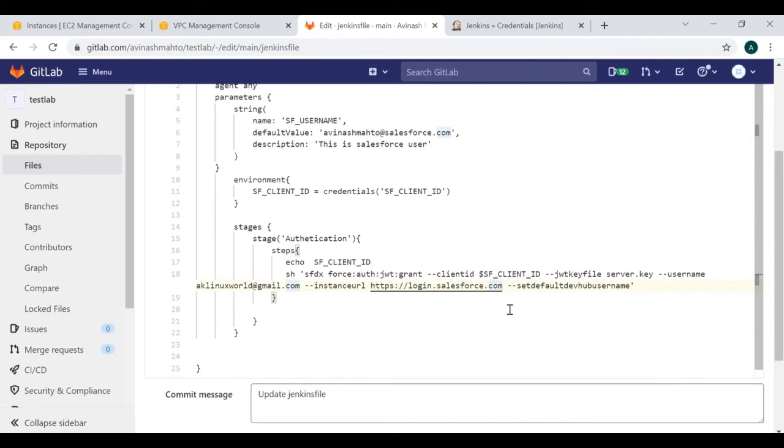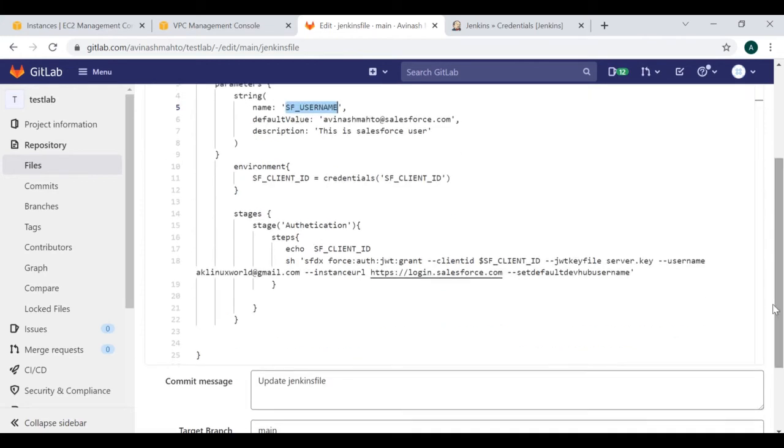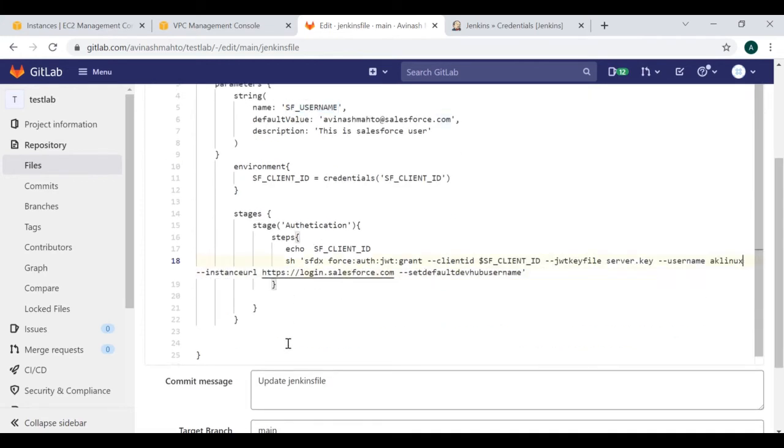So there are two ways. You can define the instance URL or any other value, let's suppose even the username. If you see, the username I have already defined here, right? The variable name is SF username, right? So I can call this variable here rather than directly putting the username.